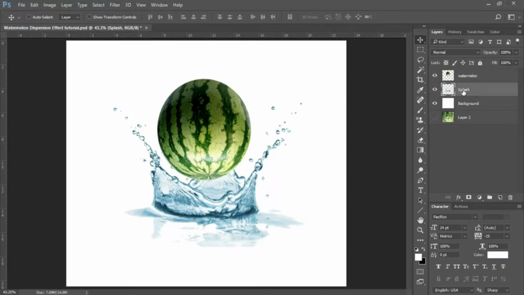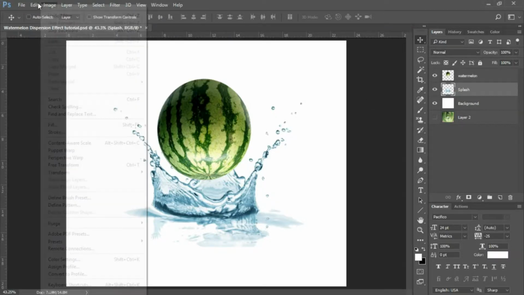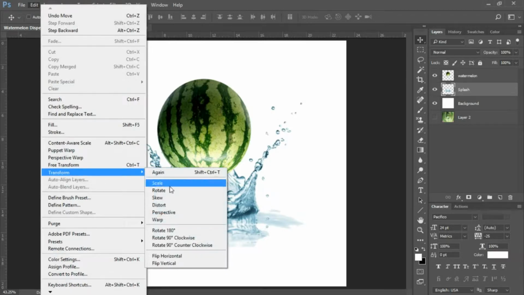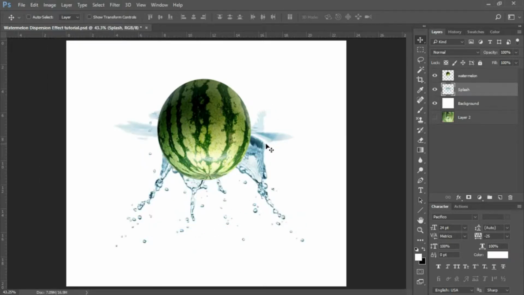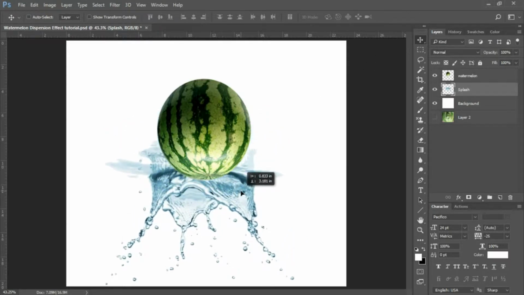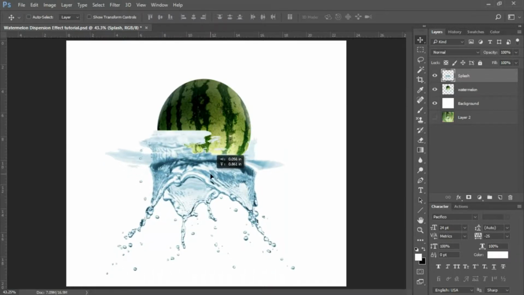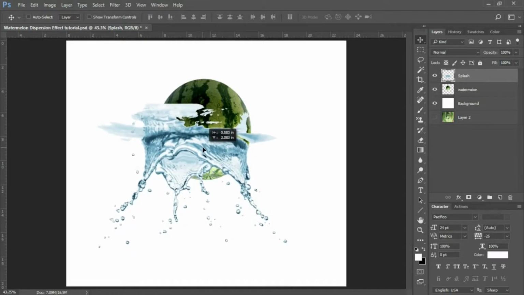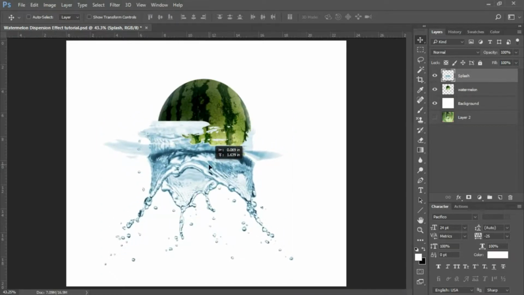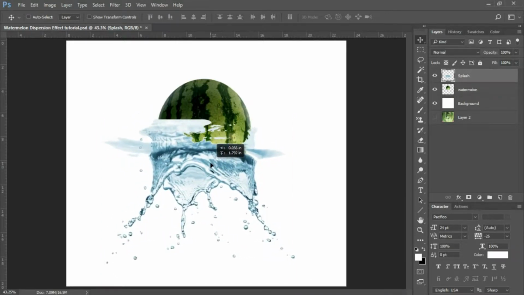And I'm going to select my water layer, or the splash layer as I called it here, and I'm going to rotate this 180 degrees, edit, transform, rotate 180 degrees, and I'm going to move it down a bit here. There we go. I'm going to bring my splash layer above my watermelon layer, and we're just going to have to make some adjustments with the warp tool to give it that natural dispersion